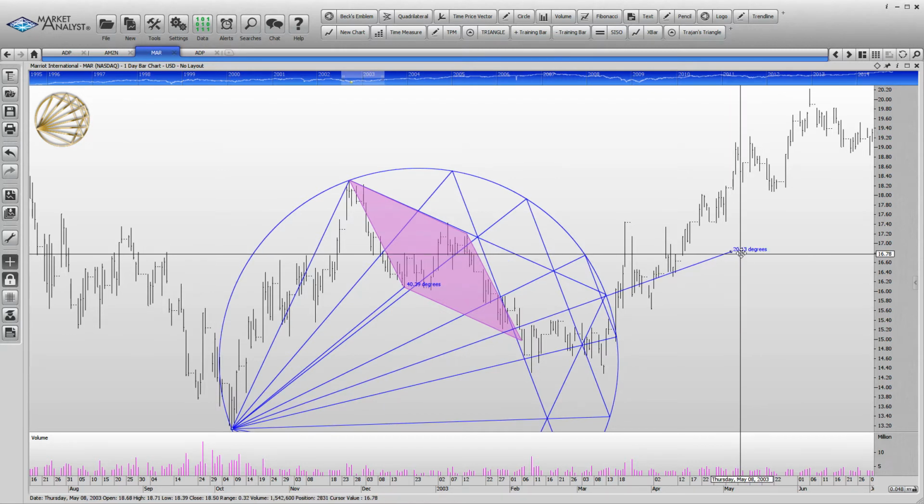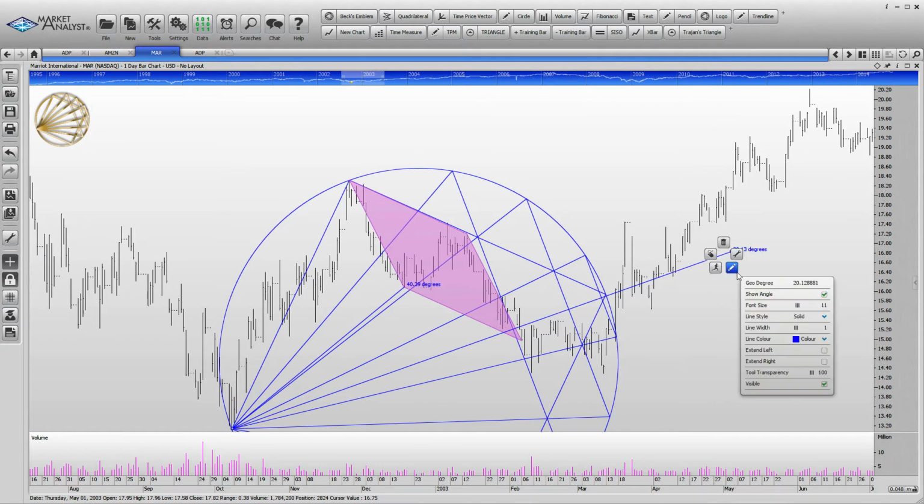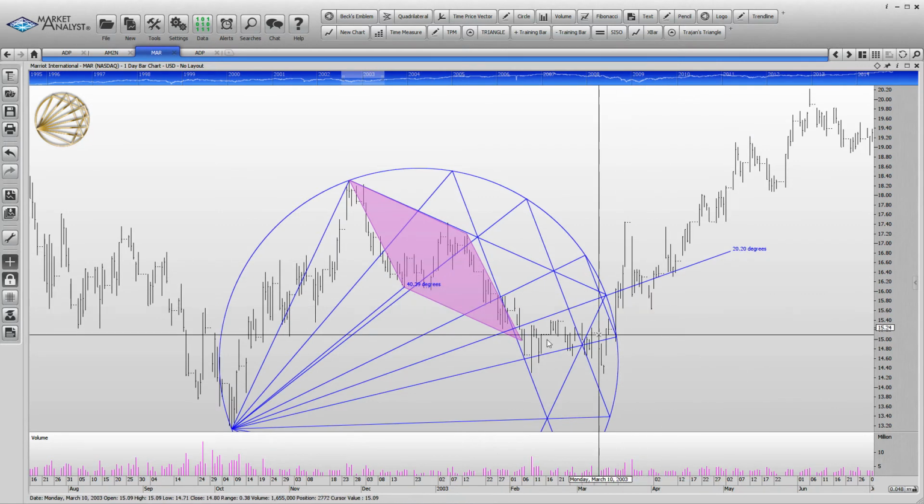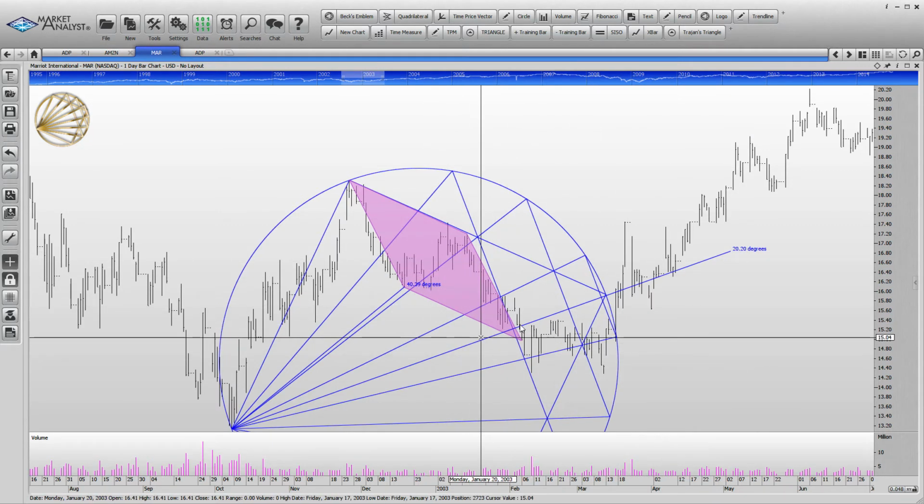The other cool thing about this is under the properties of the trend line, you can go here and type in the quantity of degrees that you want. So let's just call it 20.20, and we can type that in. Okay, so notice what it does there. And this line, this 50% line,